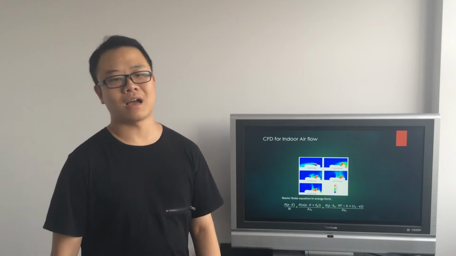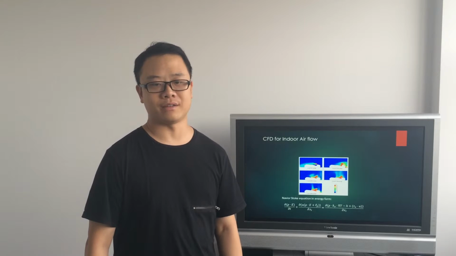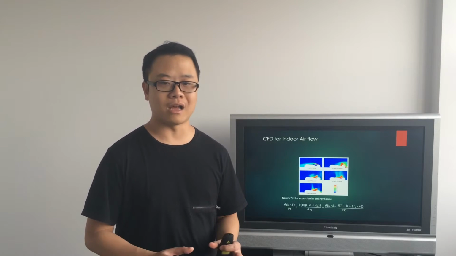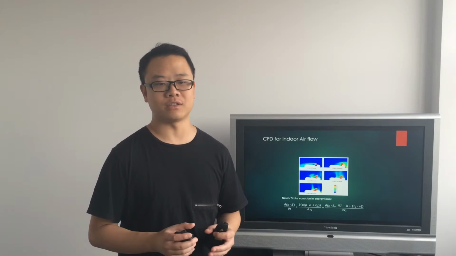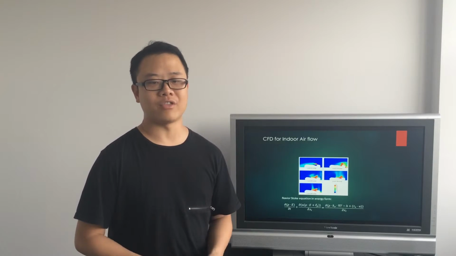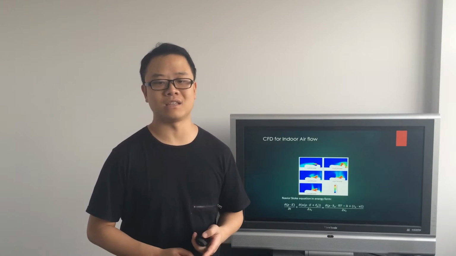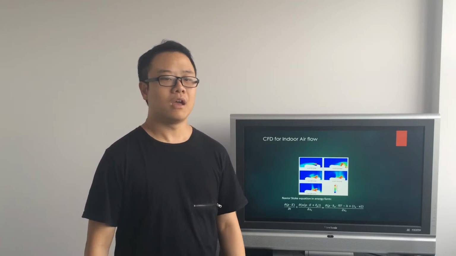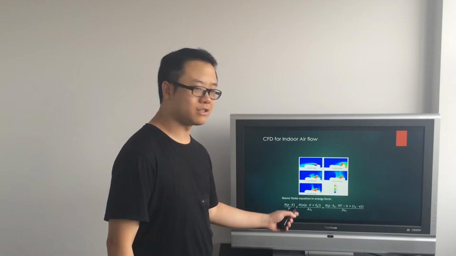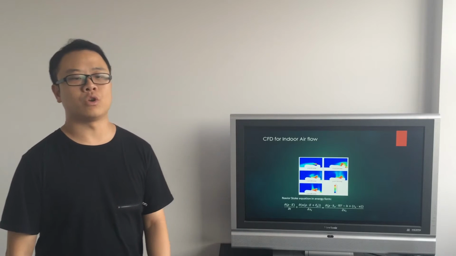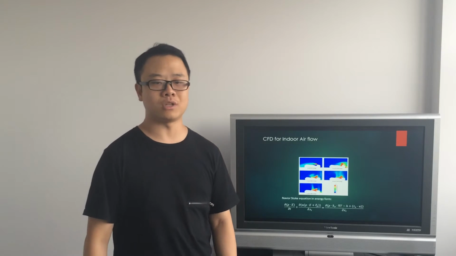Ning with friends assessed the indoor carbon dioxide concentration and flow with the CFD method. In this simulation, human exhalation was considered as a new source of the system. Therefore, they added the Navier-Stokes function in energy form in the evaluation to satisfy energy conservation. And here is the Navier-Stokes equation in energy form, where E represents the whole energy, the ρ denotes the density